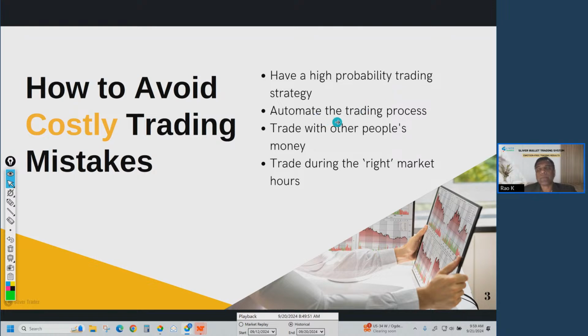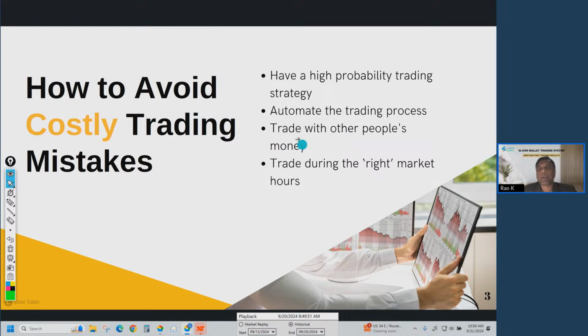Then one should automate the trading process, from identification of trade, identification of setup, till managing the trade, taking the profit, or managing the losses. All those should be automated as much as possible. Of course, there will be some human element, and that's why individual performances vary. Otherwise, if a bot could do everything, then everybody would have that bot. But life is not like that. There is no holy grail. There is no perfect bot. But as much as possible, we need to automate the trading process.